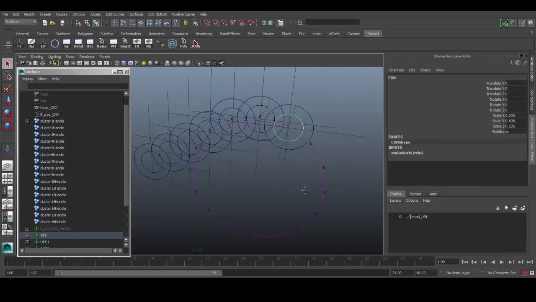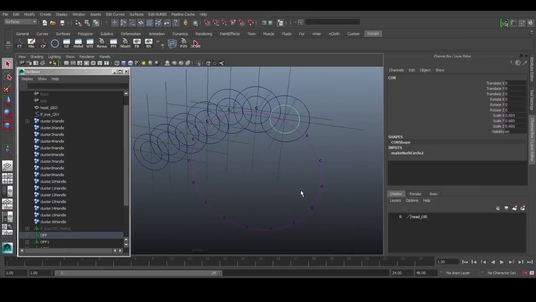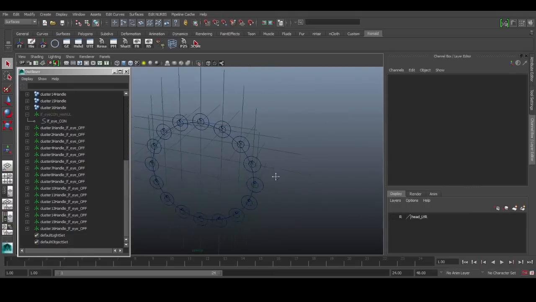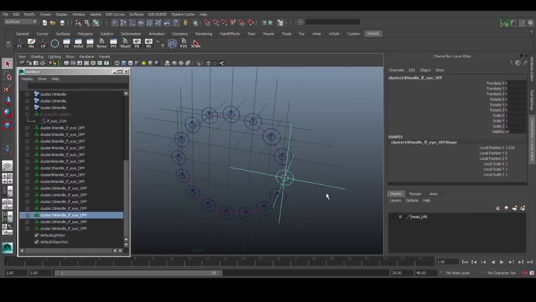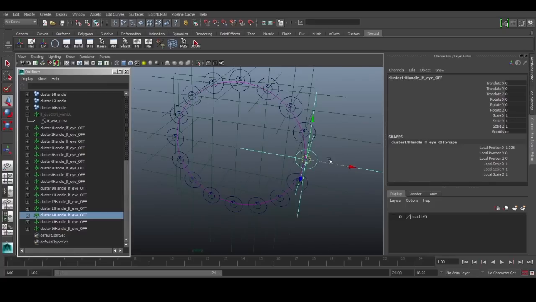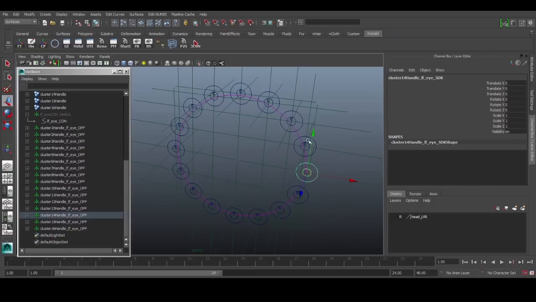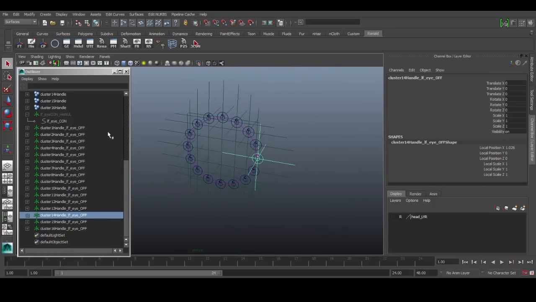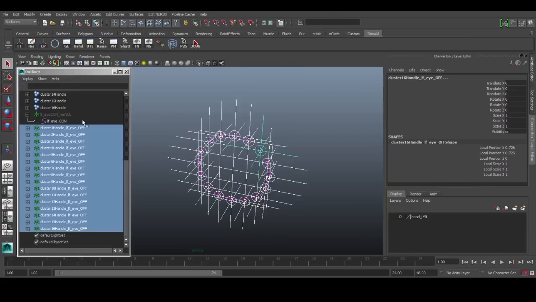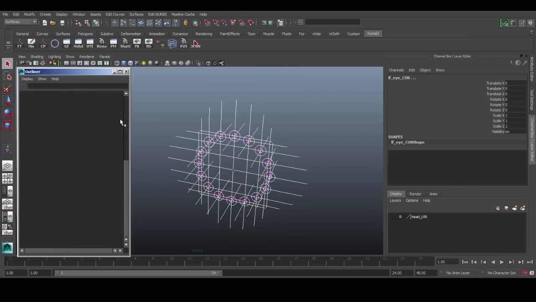So let's do that. So now I have all the offsets around that control the SDK, that controls the controller, and then it controls the cluster, and the cluster controls the CVs, right? And all these offsets, I can place them under the eye controller.